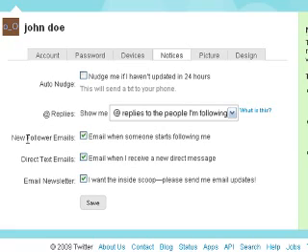And you have the option of new follower emails. You can tick on or off. Direct text emails, again, tick on or off. And this again is popped up here where if you want the inside scoop, leave it ticked. If not, then untick it. Then just make your save here. Picture